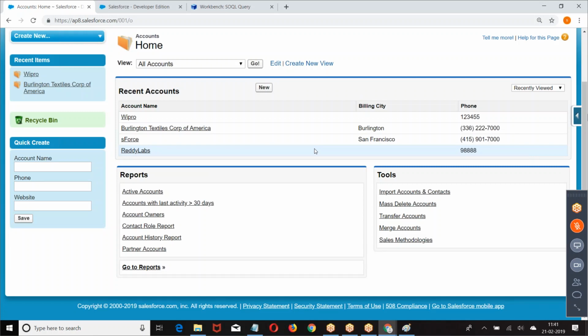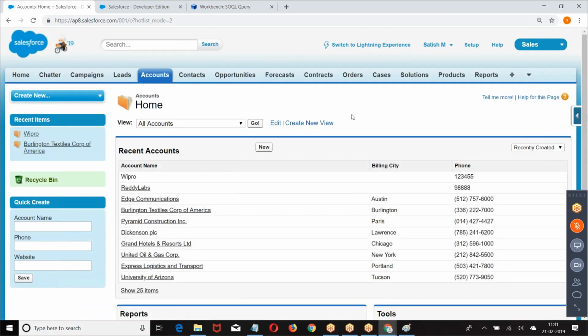When I click on a tab, every object will display the recently viewed 4 or 5 records. Here we are supposed to apply some external conditions for it. Are you getting my point here? They are giving recently modified, recently viewed. Now I want to get recently created records, then we need to apply our own condition for it.